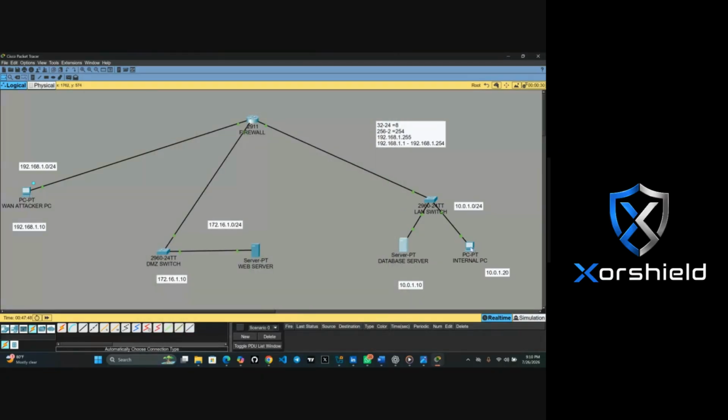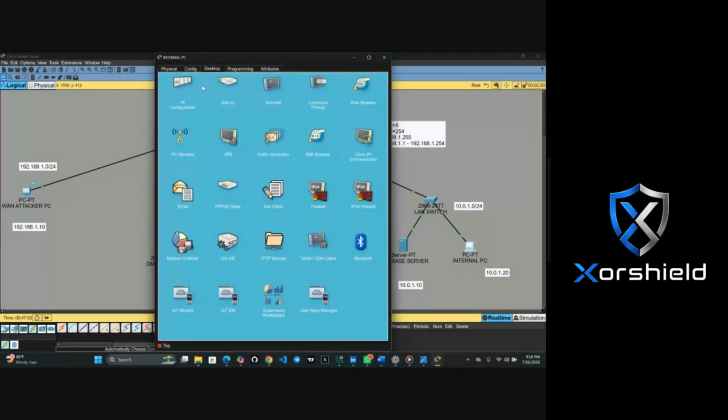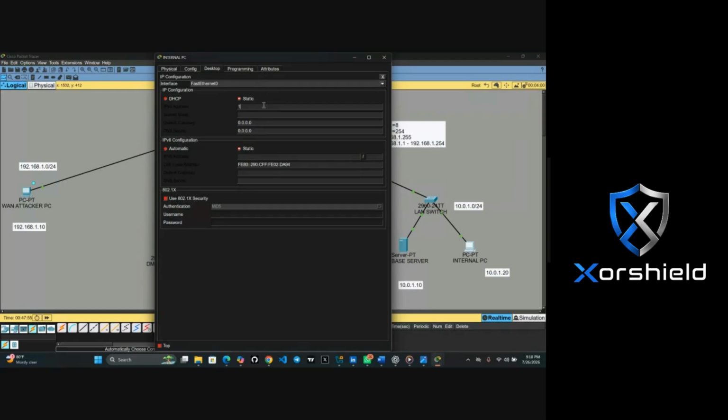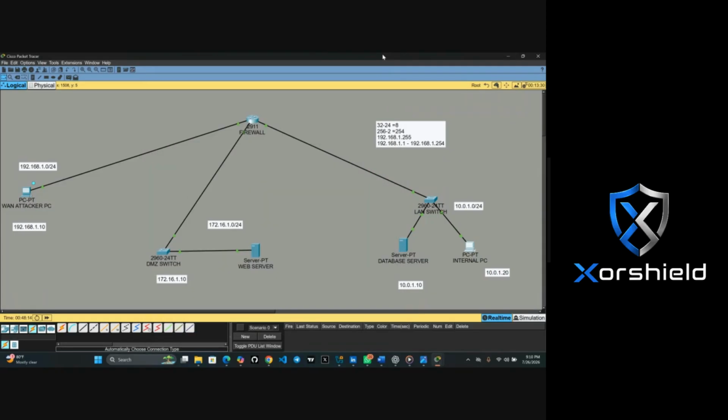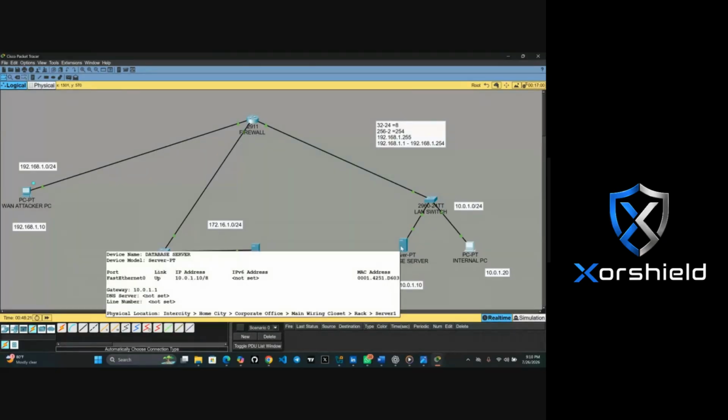Then this desktop 10.0.1.20, gateway 10.0.1.1. We now look at everything. The IP addresses are showing. Can you see? They are all showing.